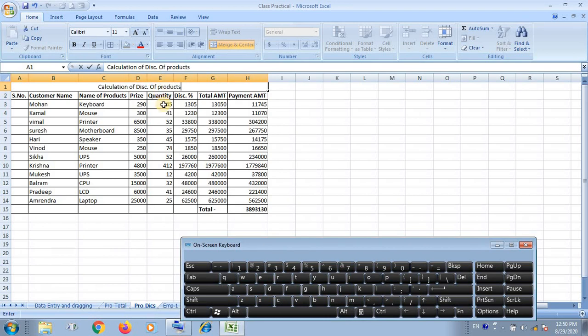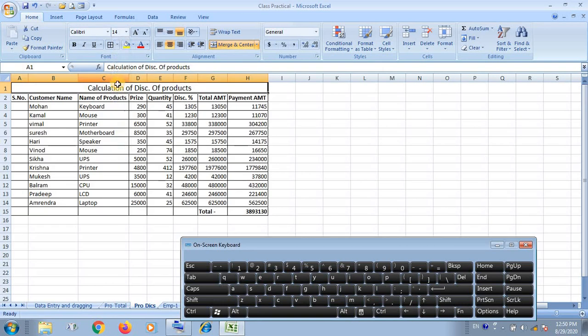Okay, I have given this title. You can increase the size of the title.